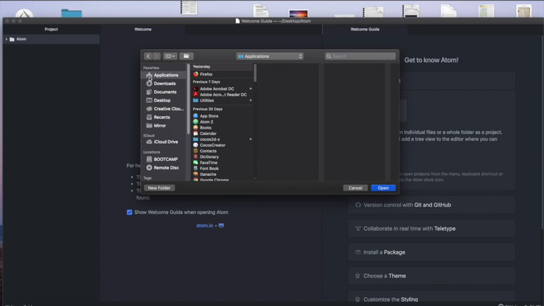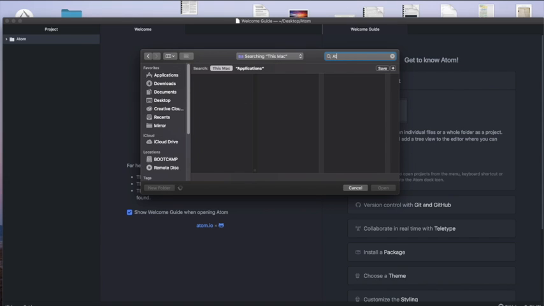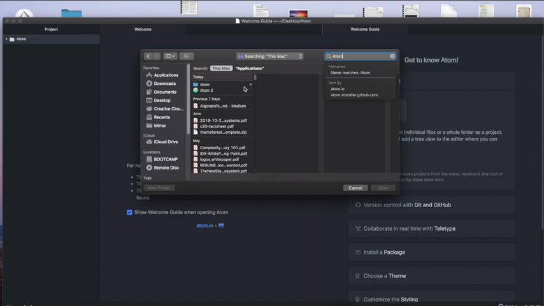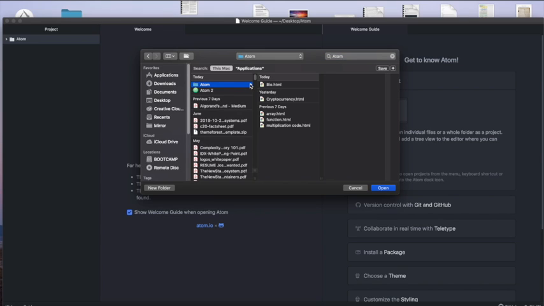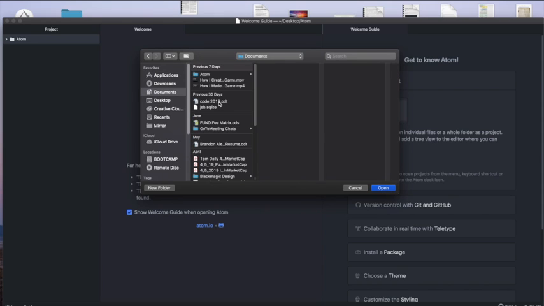Then go to applications and type in uppercase ATOM. You might have to scroll down through some complex stuff, but you will soon find a file that says Atom with an A, and there should be nothing in it, but I have stuff in it. And if you can't find the Atom file, then you can go to Documents, right click,